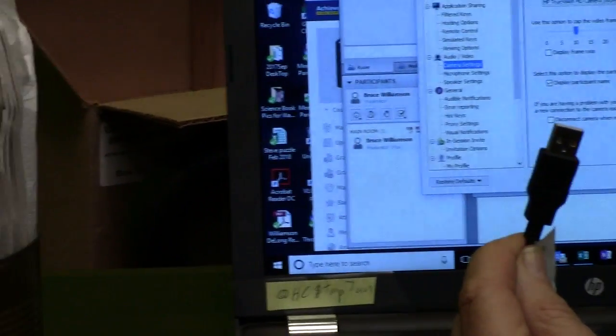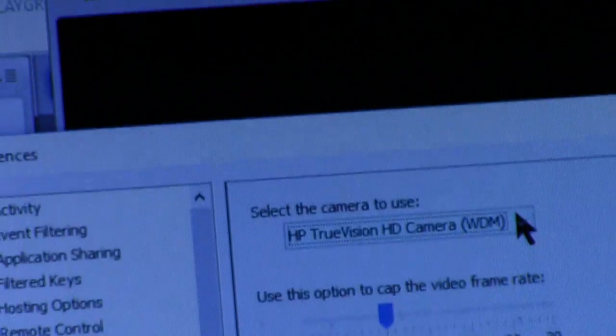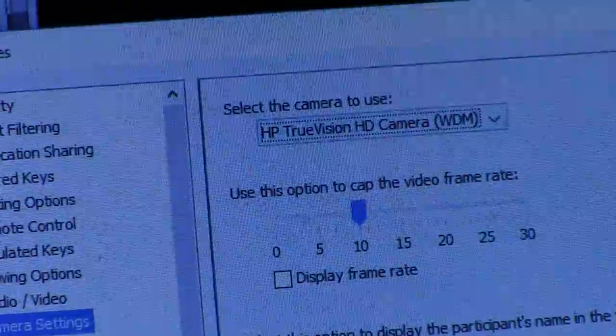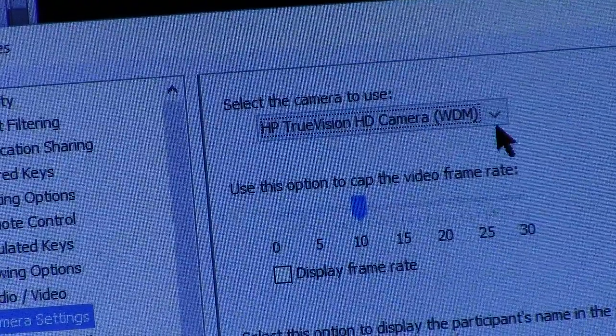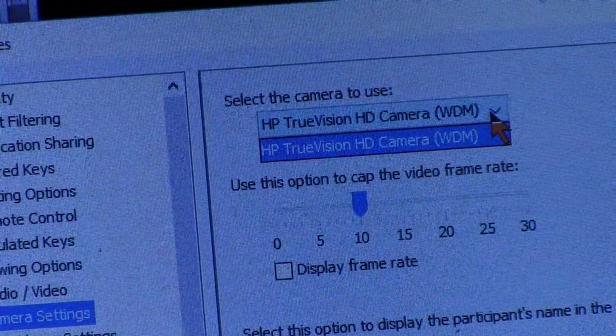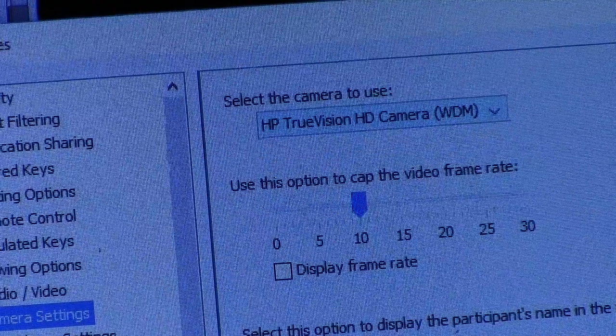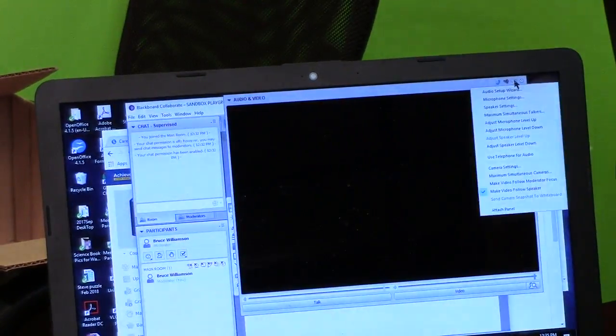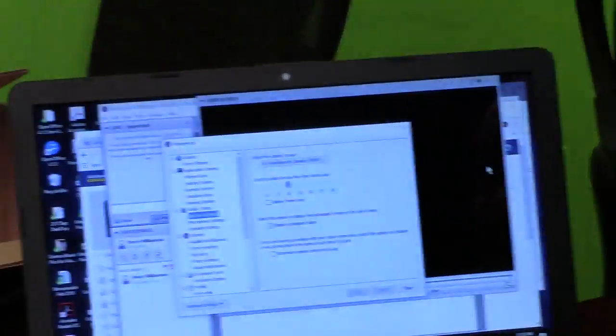So we'll plug it in, and there is some software available that you will need. I have a disk of it, or I will have it soon after I get it back from where I loaned it. And now that the camera is plugged in, of course it has no idea that the camera is even there. That's because it never thought to look for it, and the programmer never thought about doing that. So I go back and set up the camera settings again,